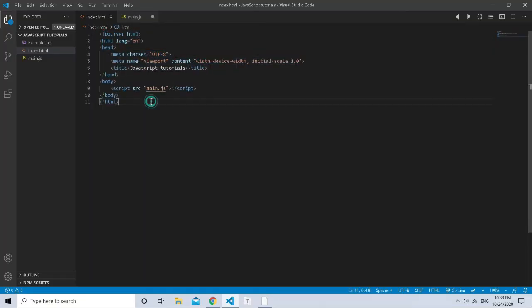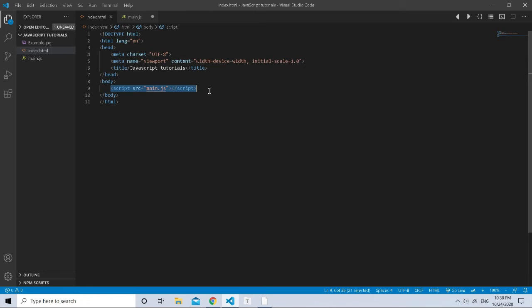Guys, as you can see, I have already created the HTML document, and I have linked my script file here. So this is the script file here, and to link the external script, which we call this is an external script.